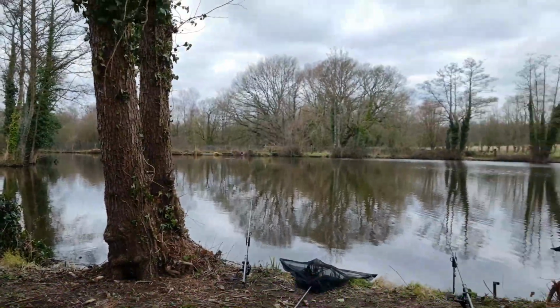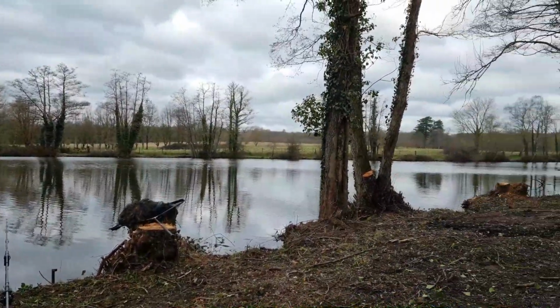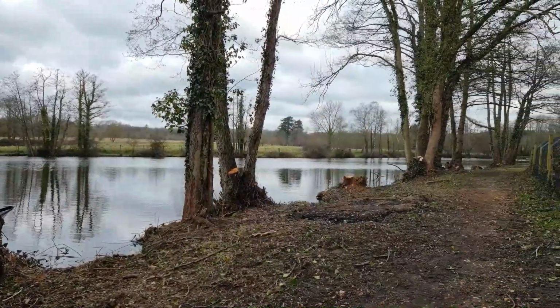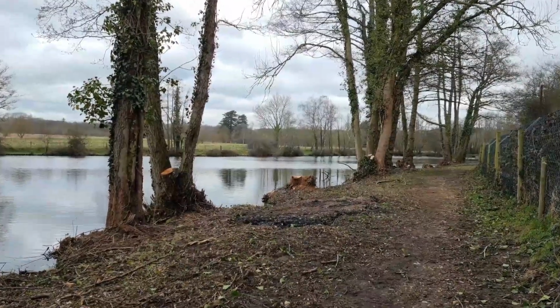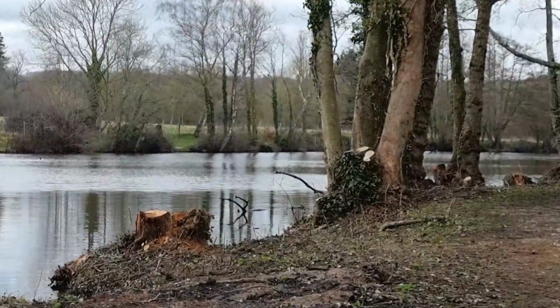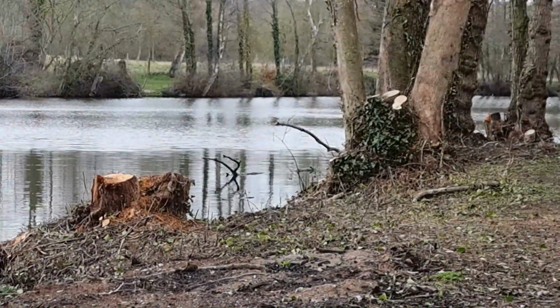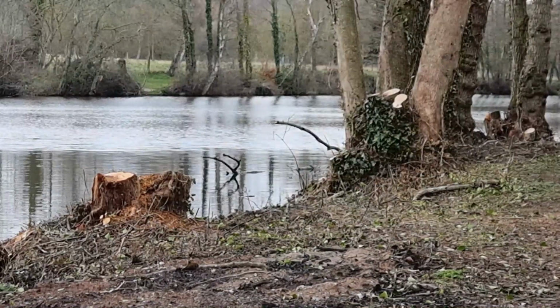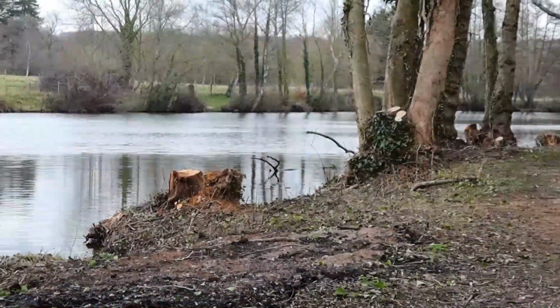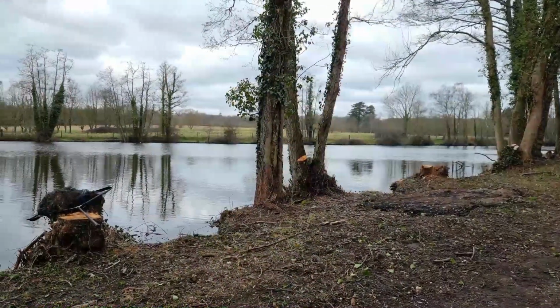Let me just pan around and I'll show you the infamous tree I'm on about that's causing me problems. I'll zoom in on that, which is more or less exactly in front of where I normally fish. There you go. So if I cast it across, the fish are just going to kite straight in there. It's just not worth the aggro. So I'm fishing in front of that stump, as I said,